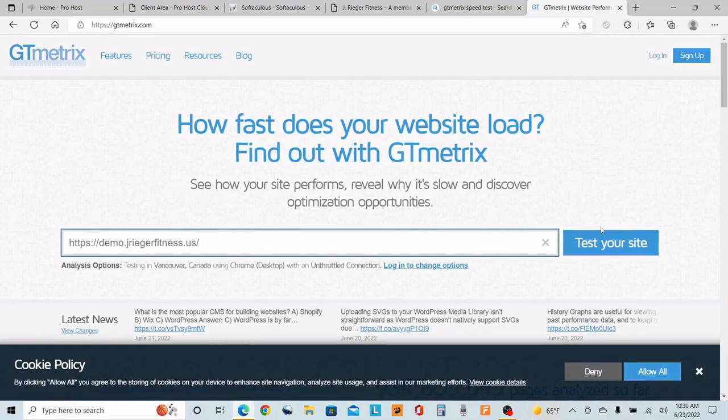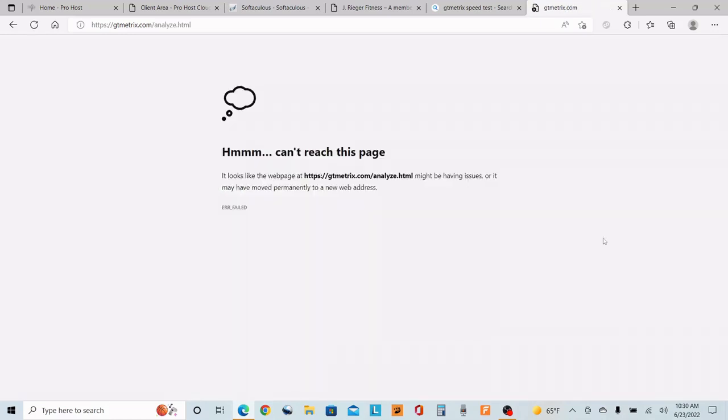All right, so I just want to really quickly see a freshly uploaded template on our WordPress website. I want to see what kind of speed it gets. I never did this before. I always wait till I'm done with the website and then tweak it. I want to see how